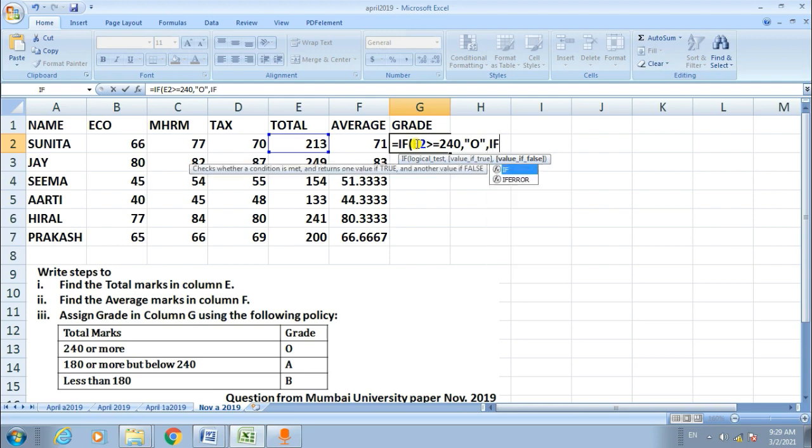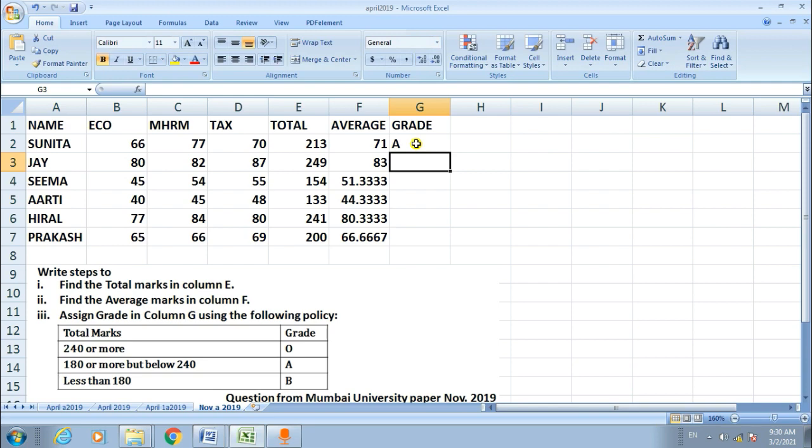Therefore I put IF, round bracket open, E2 is greater than or equal to 180, comma, open inverted commas A, close inverted commas, comma, otherwise the last condition, that is B in inverted commas. Now since we use two IFs, we close two brackets. Now the formula is over, I just press enter, we get the grade.